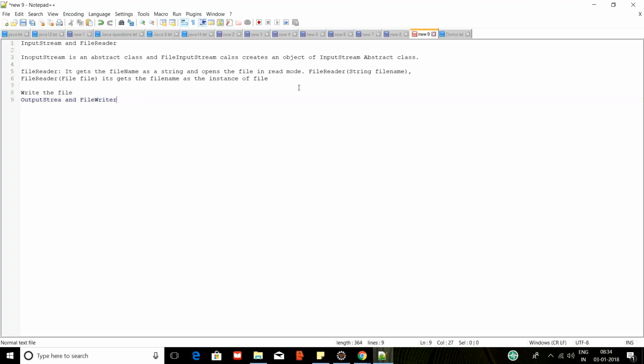So let us check a program. It is a similar way. This is file output stream. Then you are going to have an input stream. We have seen input stream is an abstract class, in the same way output stream is an abstract class, and the file output stream class creates an object in a similar way to the output stream abstract class. So if I check this particular